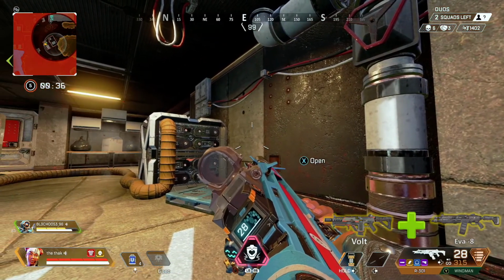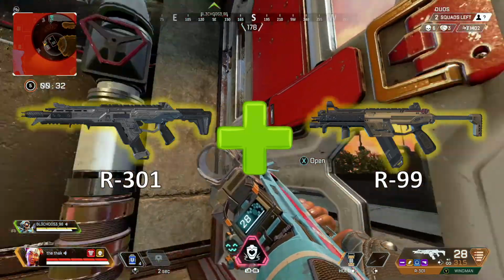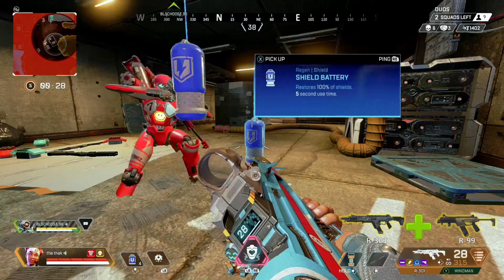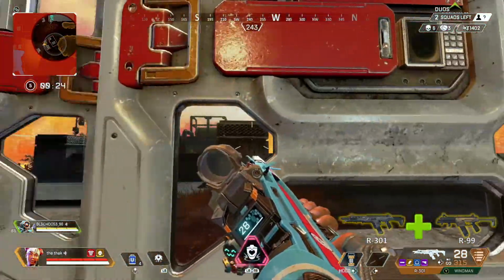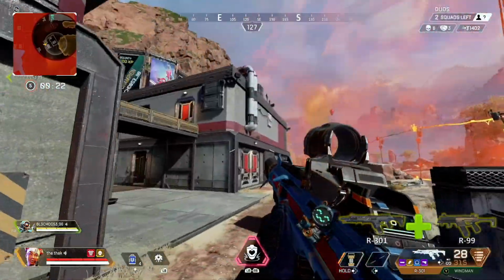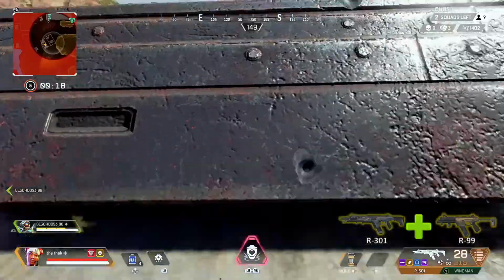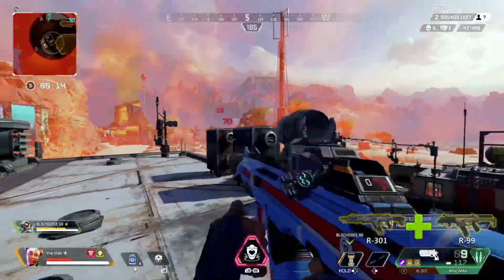The final combo on my list is the R301 and the R99, otherwise known as the R400. This is a classic combo that works well across different ranges. You've got the R301 with a strong mid-range ability, and then the R99 for those up-close fights. Both weapons are fast firing compared to their counterparts, and their recoil is relatively easy, which is why I feel they work so well